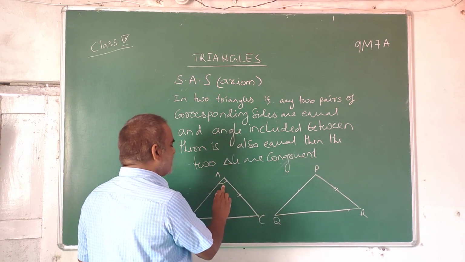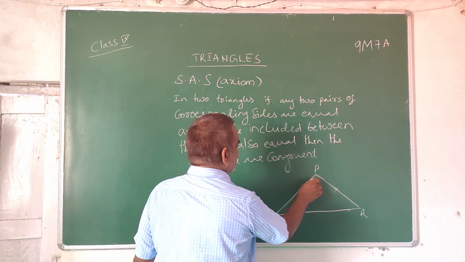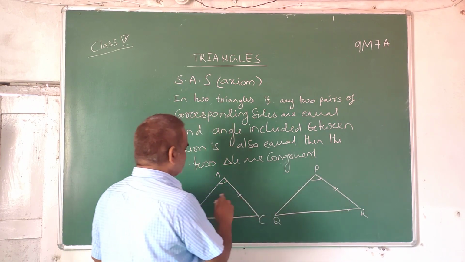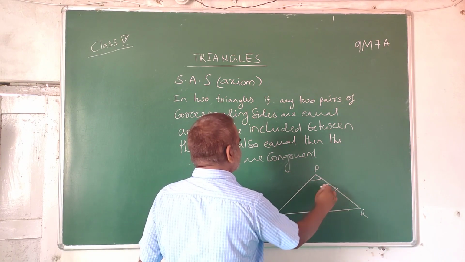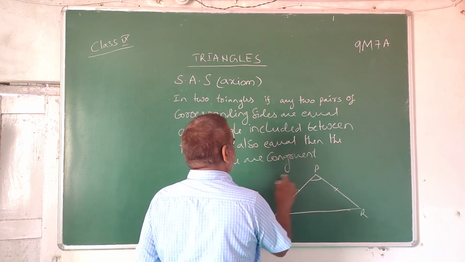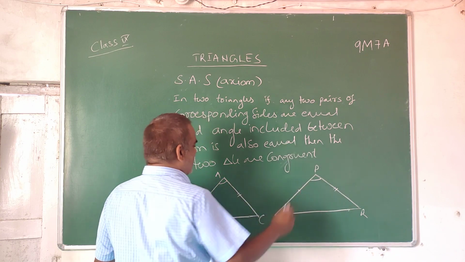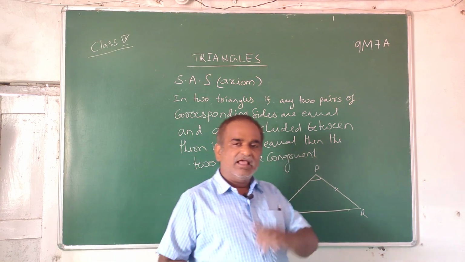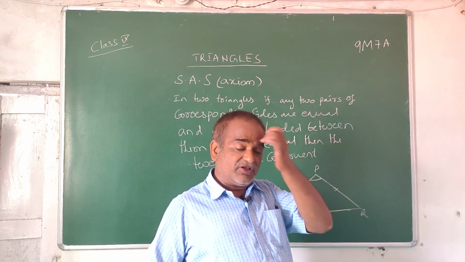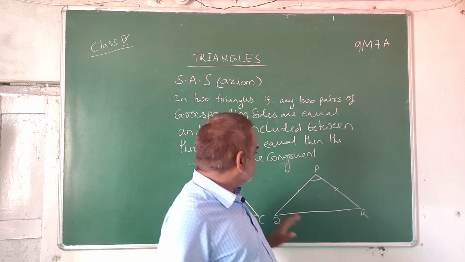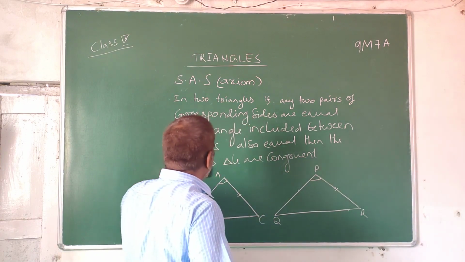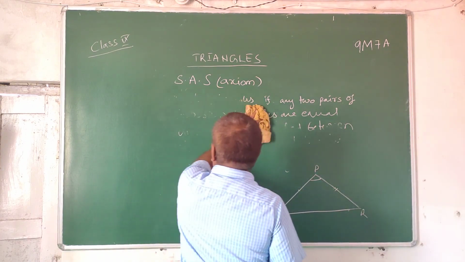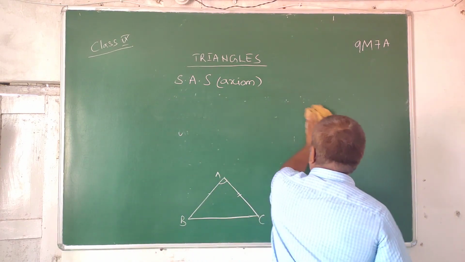Here this is angle A which is included between these two sides, and this is the angle which is included between these two sides. And suppose if these angles are also equal, then as per this theorem, as per this axiom, these two triangles are congruent. Understood? So here you see, as per SAS axiom,